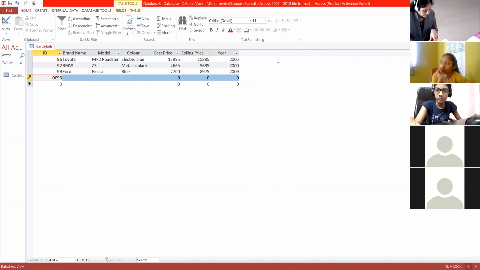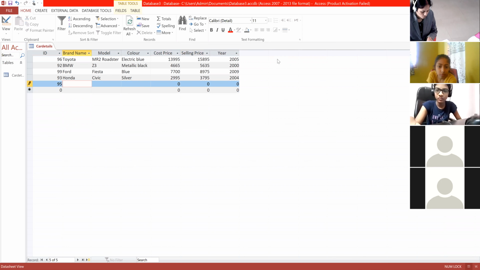Next, 93, Honda, Civic, silver, 2995, 3795, 2004. 0095, Skoda Octavia, black yellow, 5995, 7095 and 2007.